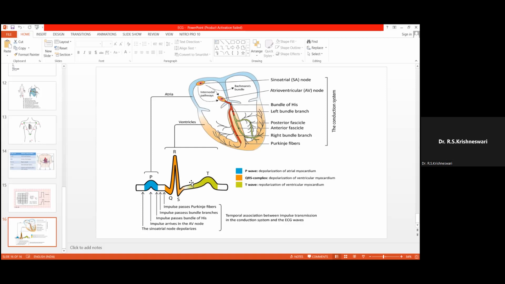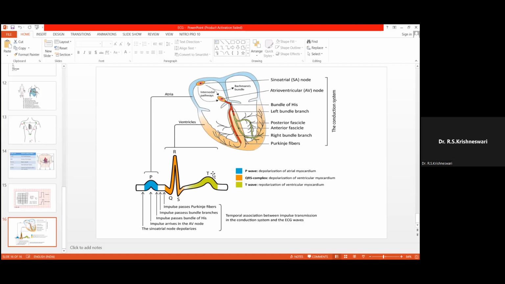So this depolarization of the ventricle is represented not by a single wave, but by a complex known as the QRS complex. Next is the T wave, and this T wave represents ventricular repolarization. The P wave, the positive wave, represents atrial depolarization, atrial contraction, and this is the only wave